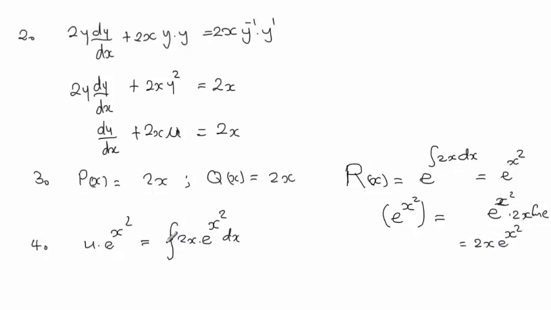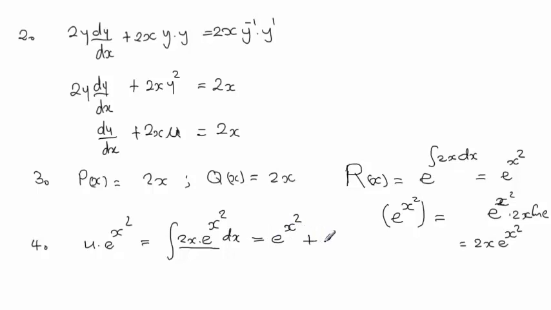If you remember, a definite integral simply asks for the function which differentiates to the function under the integral sign. So this is a derivative, like we see, of e to the power x squared. So the answer here will be simply e to the power x squared